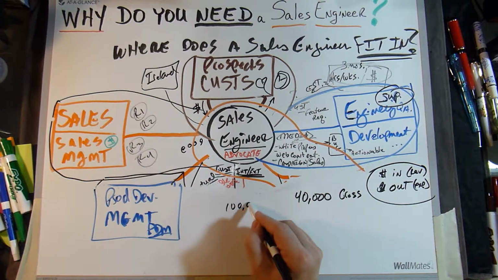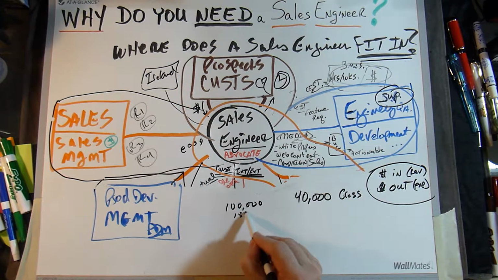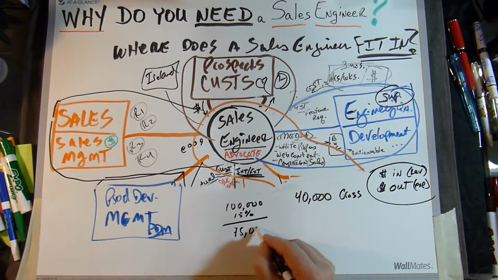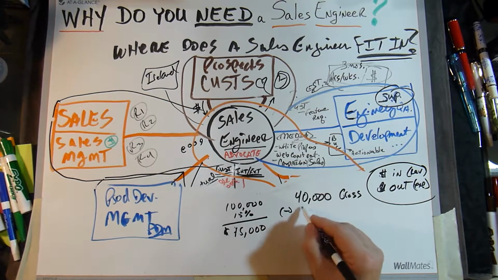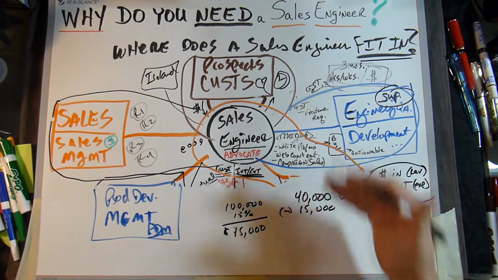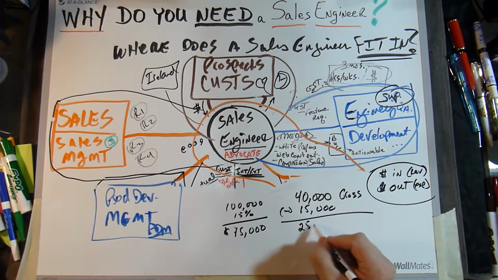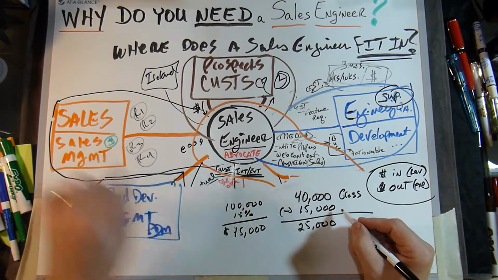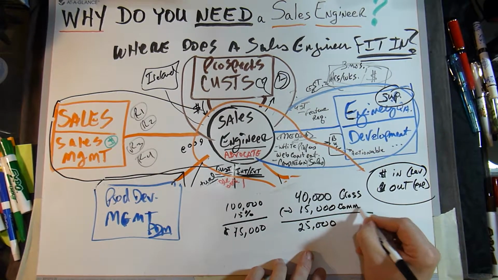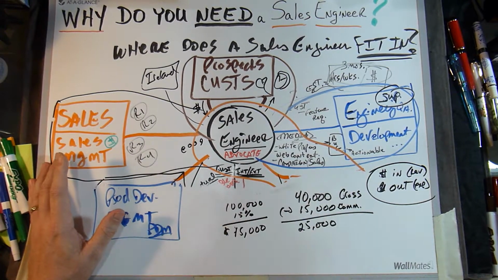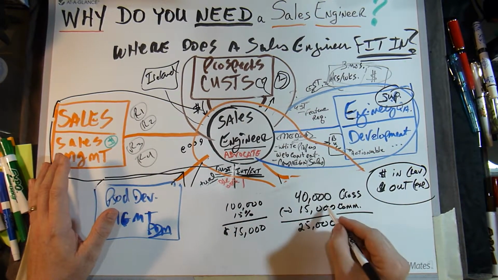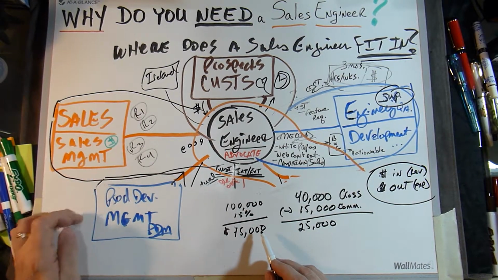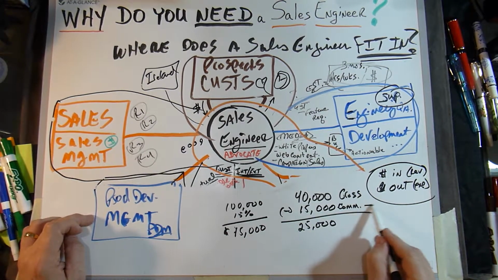Because it was 100,000, let's use very simple numbers. Let's say it's 15% commission, and that's going to be 15% of 100, which is just 15,000. So my commission comes out of that gross and leaves us with 25,000. Now what's interesting is the best model that I've seen work is one whereby the rep is allowed to lower the price to entice the customer to purchase, but every dollar that he lowers it beyond the target price that he's given by product development management comes out of this 15,000.